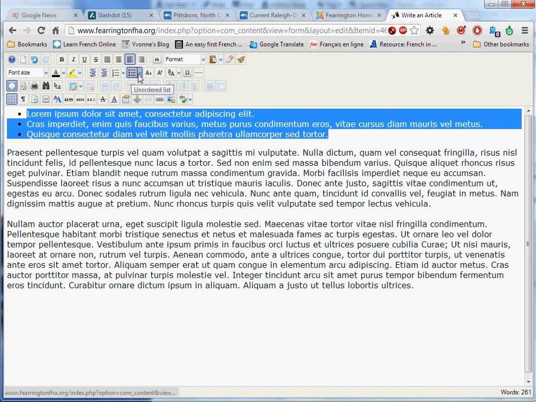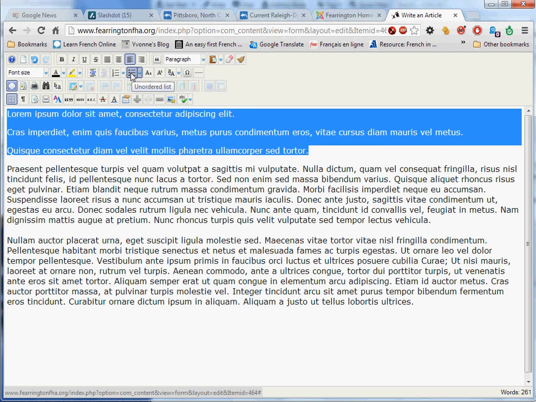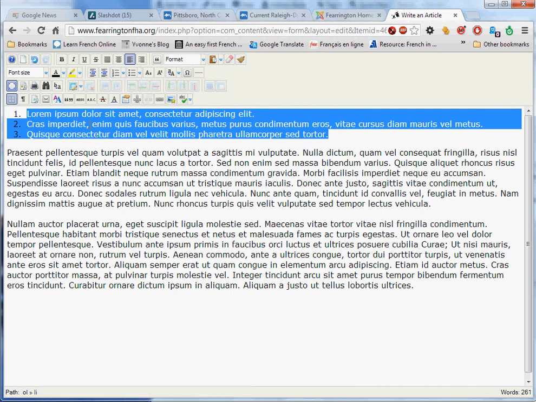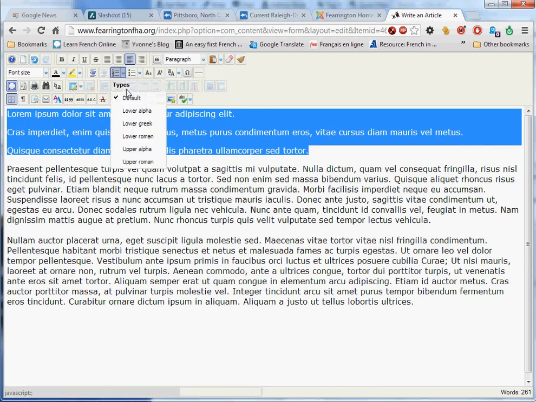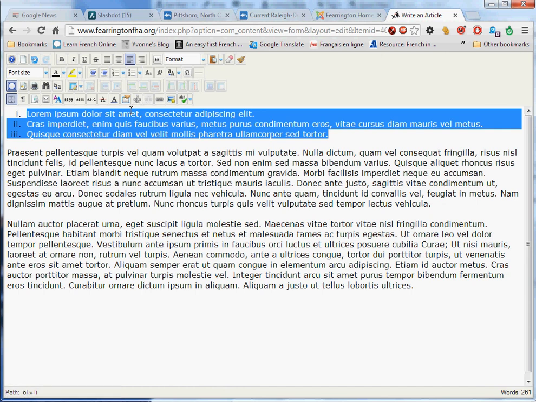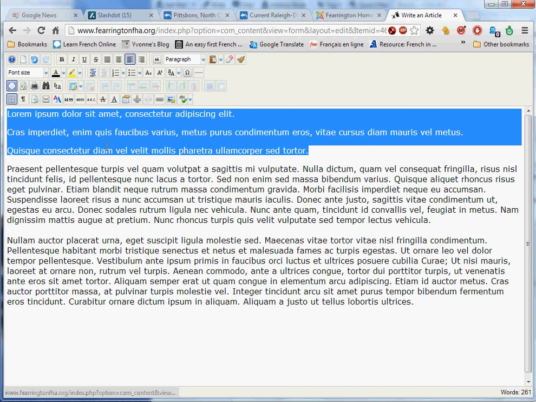The other thing you might want to do is to have an ordered list, or a number list, they call it. And if you just click this icon, you'll see 1, 2, 3, and everything is right there. You can have different kinds of numbered lists. You can have lowercase alpha, lowercase Greek, lowercase Roman, and it all gets formatted, and that's all you need to do. This is a much preferable way than to try to put all these things in by typing the letters and the words and do carriage returns and that kind of stuff. So this is the preferred way of doing numbered lists. Anyway,